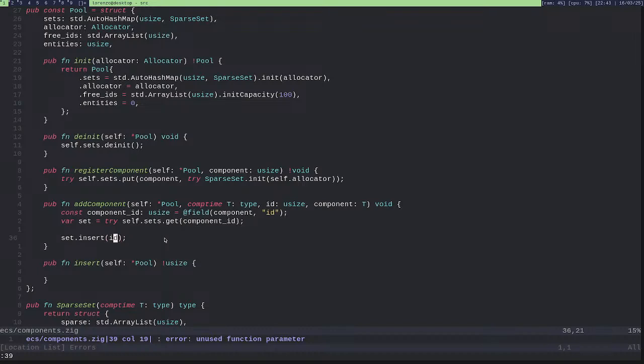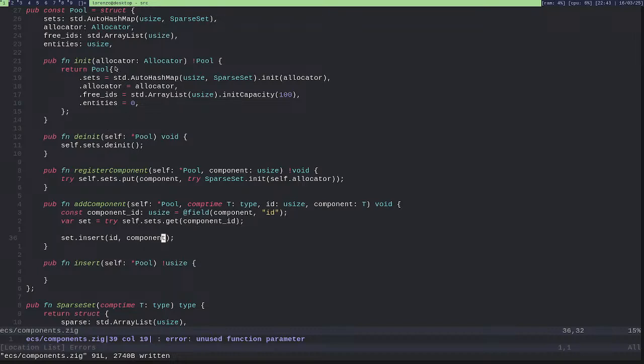And so here in the set, I will insert the specified ID. I will insert the component. Okay.